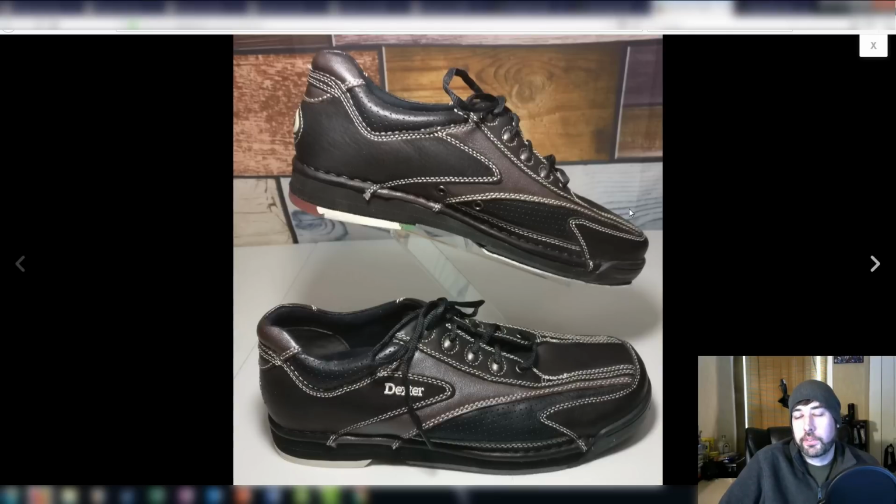Sold these bowling shoes on eBay. Paid $5 for these at a Goodwill. You can see my pictures. I've never been good at photography or anything like that. I bought one of the little displays to put my shoes and hats on, and it still looks pretty bad. I'm going to have to work on that. I can't seem to get the shadows right. I got photo lights and everything, but